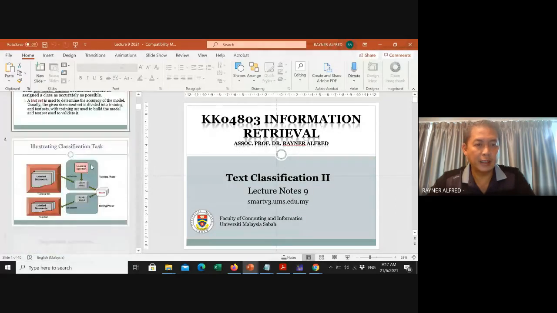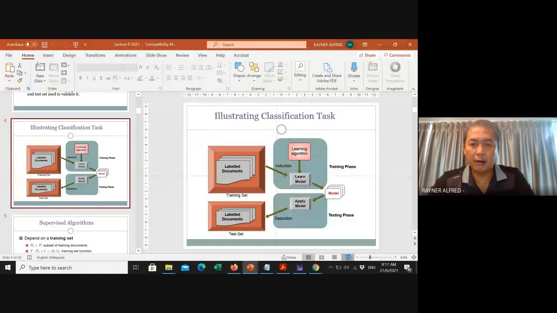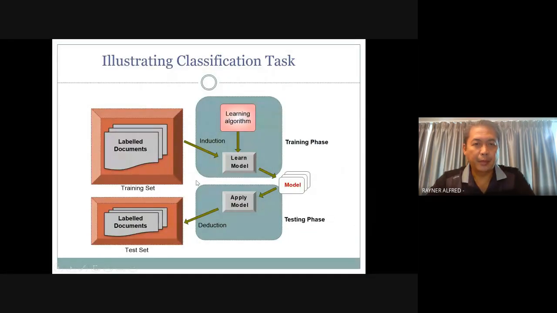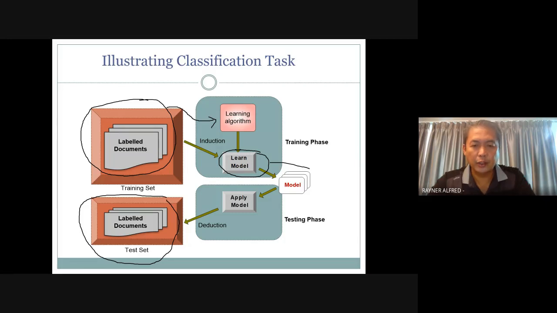So in the previous lecture, we studied supervised learning. So this is the diagram that we have. When we try to perform the classification, we first must perform the training phase, in which we pass the labeled documents. So this is your labeled document. And then we use the learning algorithm to model your data. So once we have a model, then we can use the testing data in order to measure the performance of